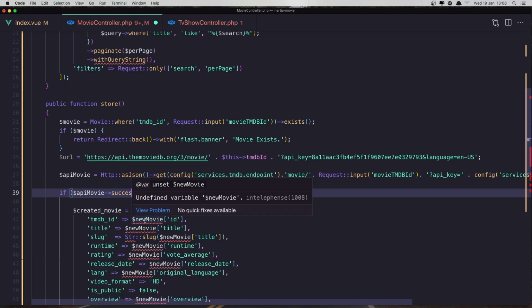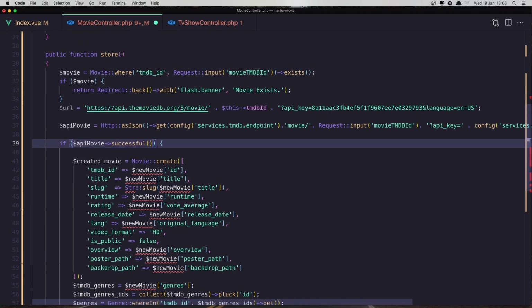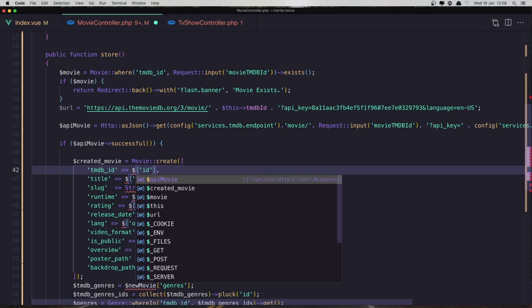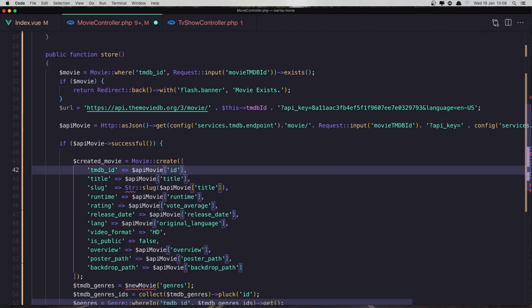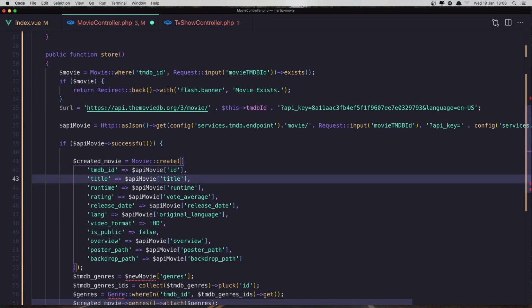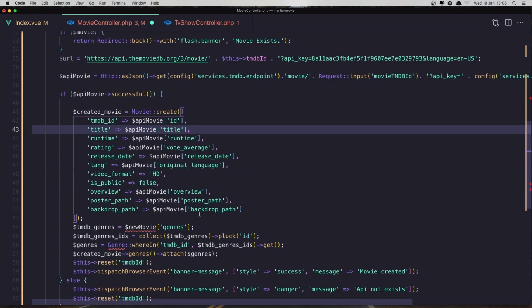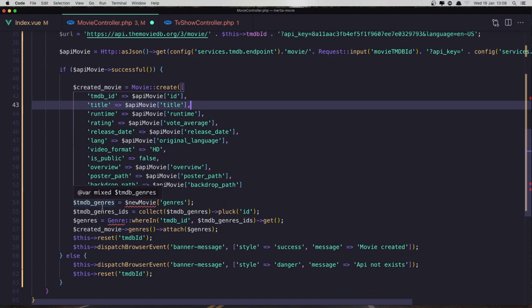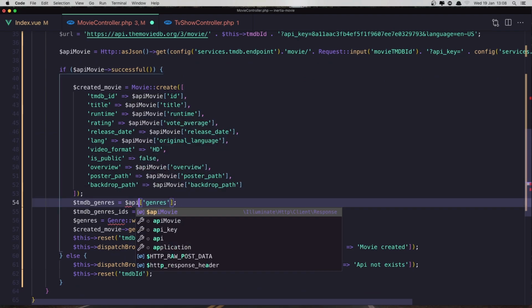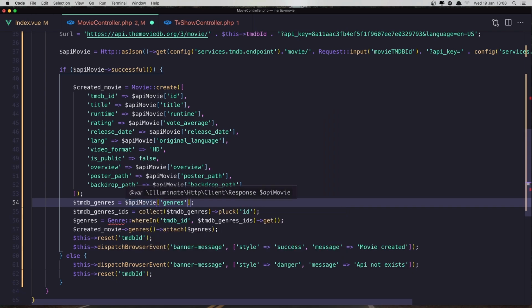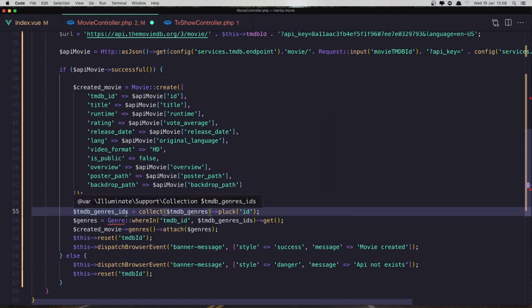And here we check if this is successful. We are going to create some movie, create, and select all and say $sign API movie. Okay, remove the title because we are going to add in the movie model. Okay, now for the genres, also here we need to say API movie genres and get the IDs from that,